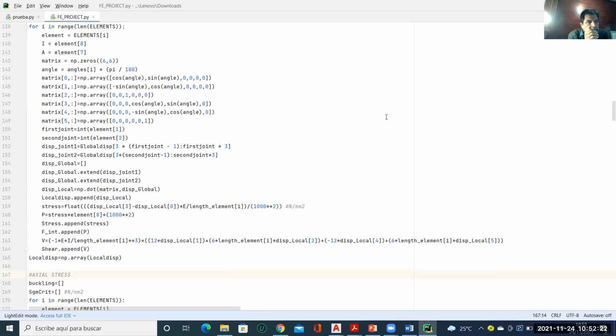Firstly, we have to calculate the global vector displacement. Then we multiply this vector by the transpose matrix, and we obtain the local displacement. And then we calculate the stress. The stress, as you see in the line 159,